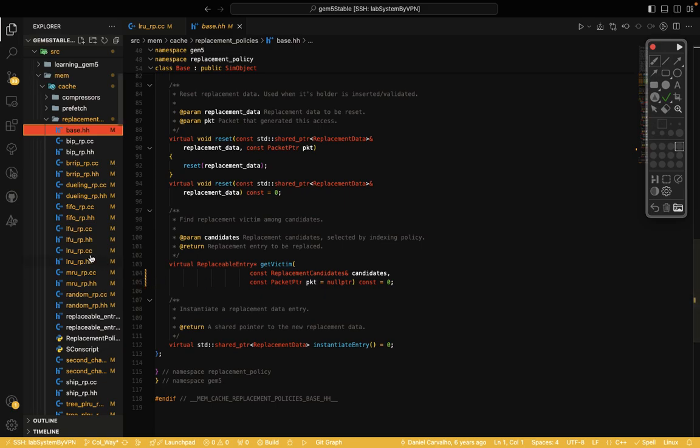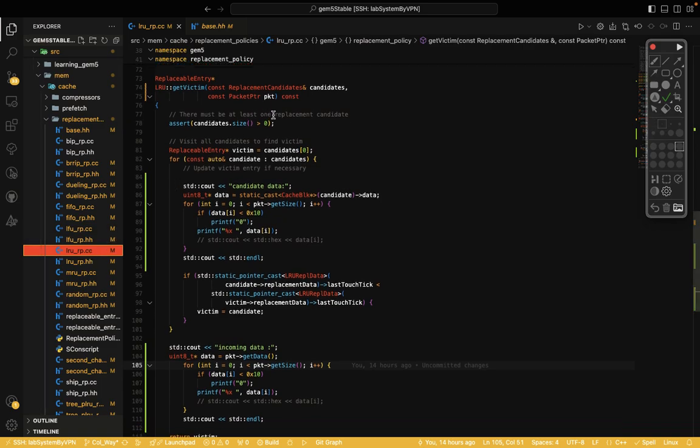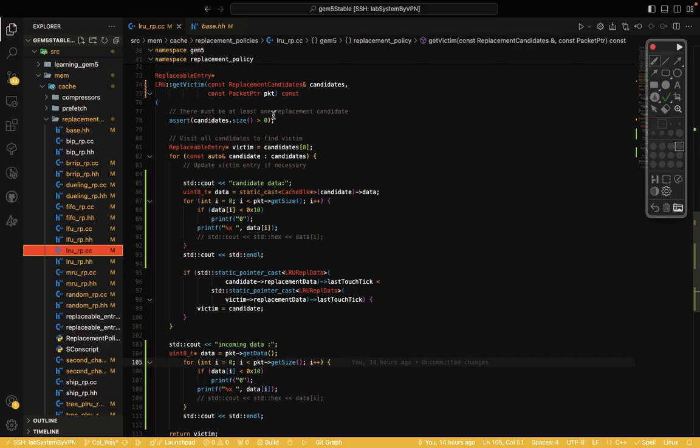Okay, let's continue with the LRU file, the LRU replacement policy. In the LRU, as I said, I add the packet to the function input, and then if we want to access the packet data, normally we don't have access to that because the data of the packet is private.